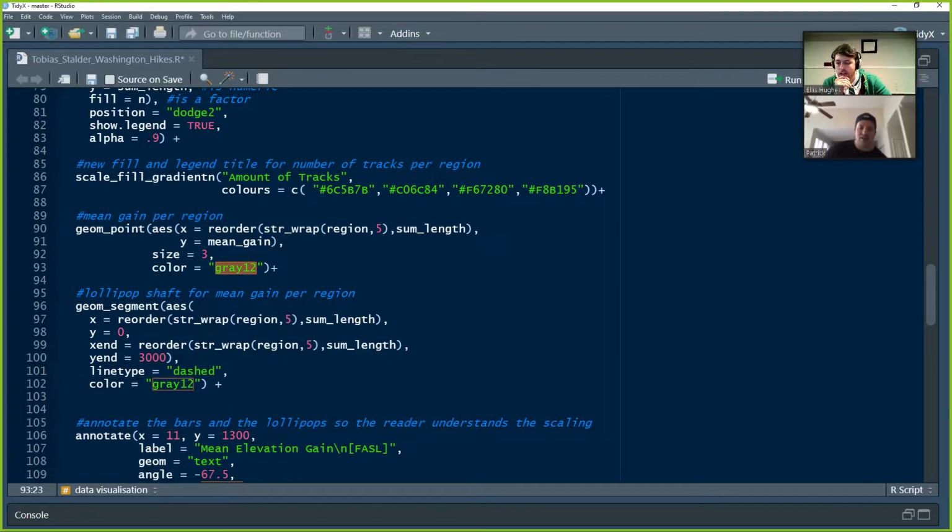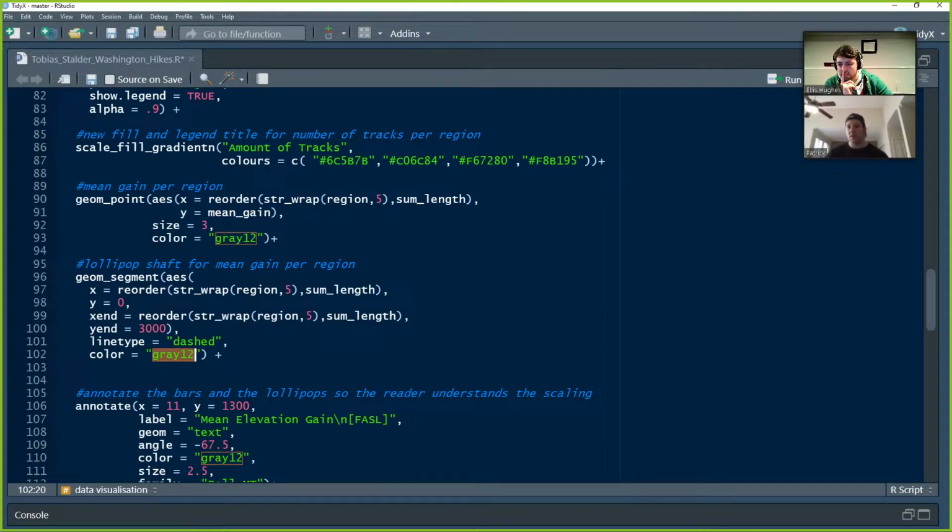The next thing that he does is this lollipop shaft for the mean gain per region. It's not really a lollipop because he sets his y-end, that you can see there, all the way up to 3,000, which is the max or the near max value of the observed total length. So he uses geom segment, which is basically saying we want a segment of a straight line. He wants his line type to be dash, and he sets it starting at the x-axis of the same position that we started the geom call and the geom points from. The y-axis to be 0, so he wants it to start at the base of the plot,